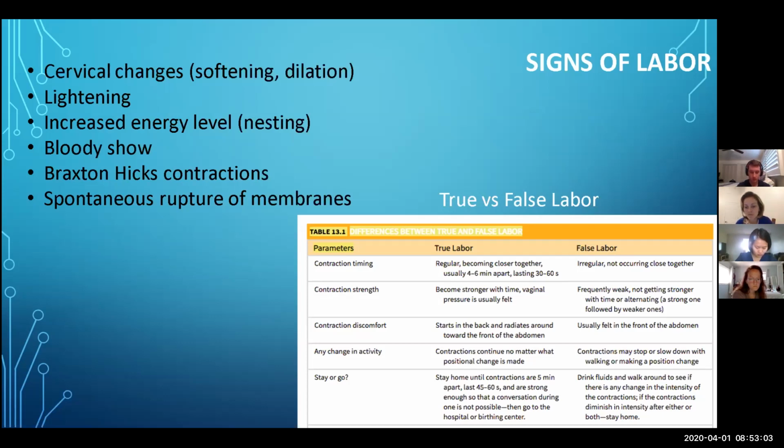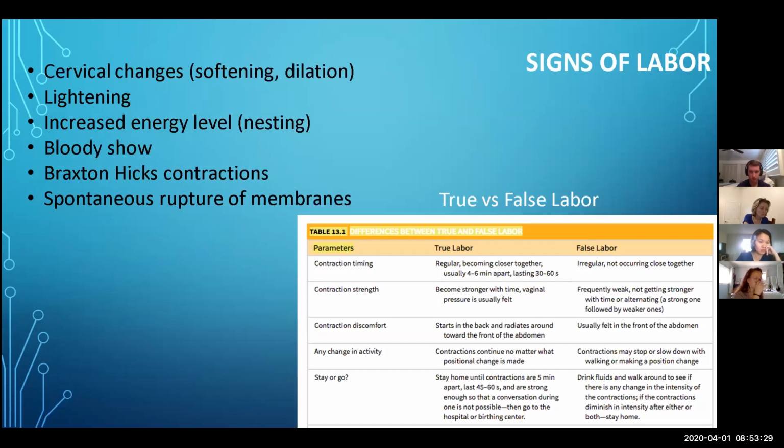So we want to do our best effort to really make her feel comfortable and reinforce the fact that coming in is always a good idea. We always tell them it's better to err on the side of caution than have it be labor and ignore those signs, especially if she had other issues in her pregnancy that required her to be in the hospital on the onset of labor. So during that triage process, when she arrives, we'll check her cervix so that we have